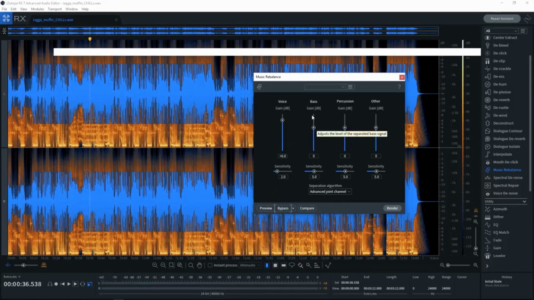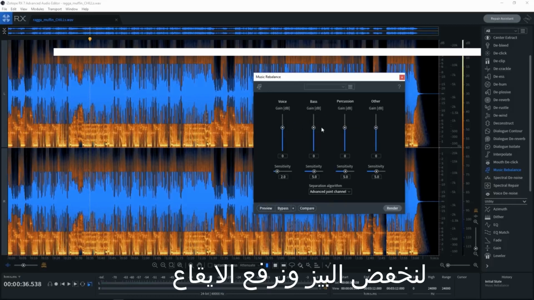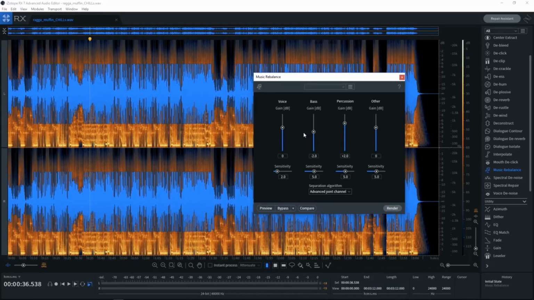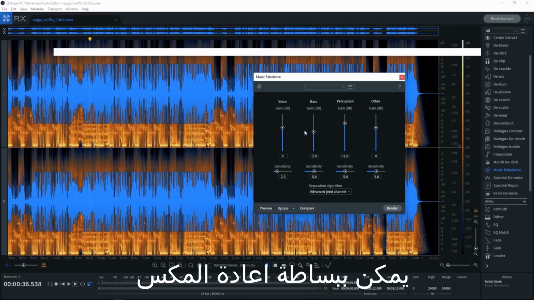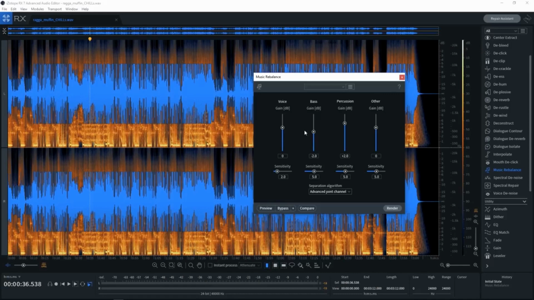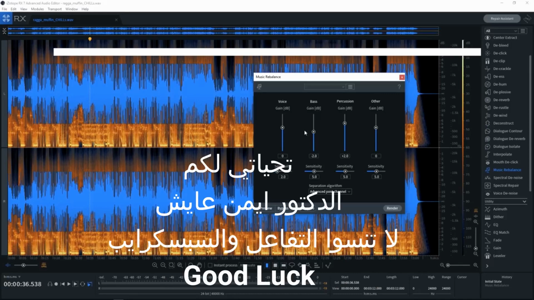That works, and that's going to work the same way with the bass. Maybe the bass was mixed too high. I could pull down the bass. Maybe the percussion was too low. I can pull that up. You can see where we're actually remixing the balance of these instruments without having to have the stems of the track itself. So if you're restoring old recordings from old shows or your own vinyl and you want to make some changes to it, doing it with the Music Rebalance module inside of RX7